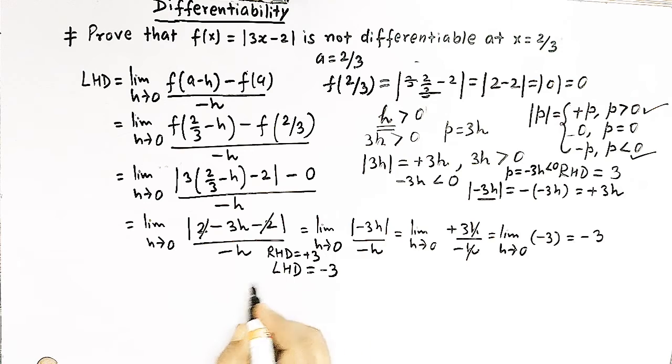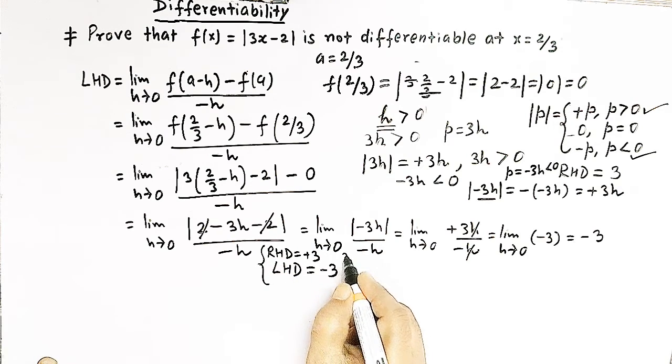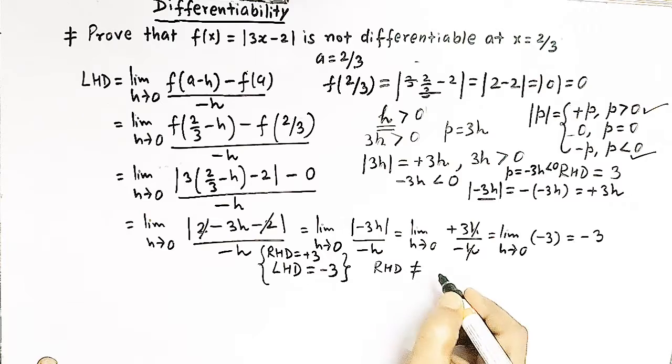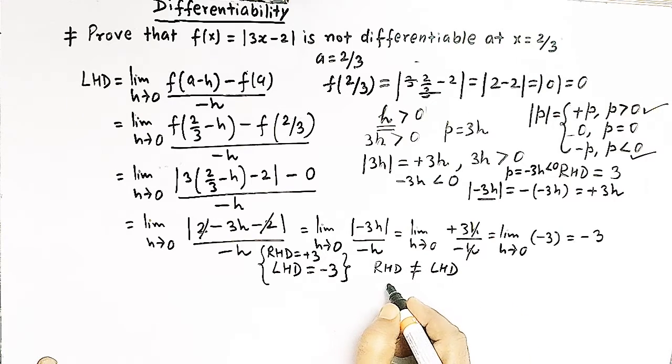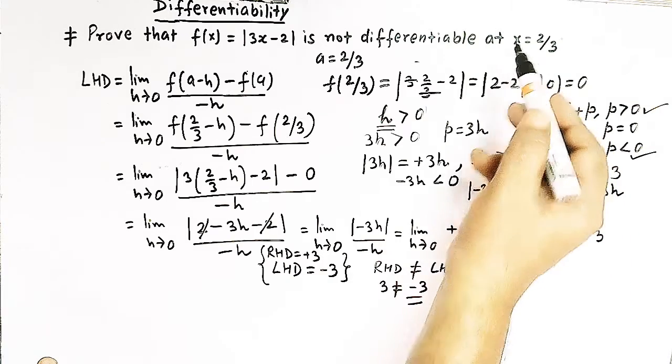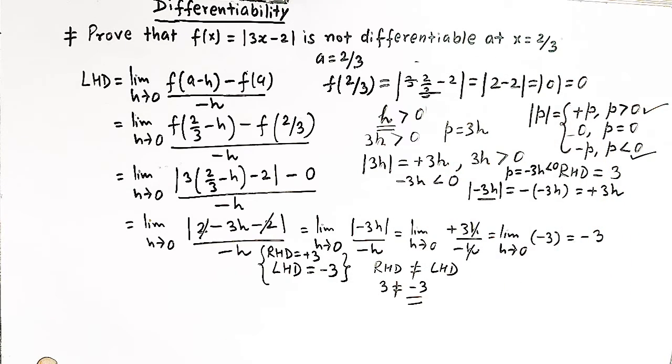And from this discussion we conclude that although the right hand derivative and the left hand derivative both exist and they are finite, but they are not equal to each other. That is, right hand derivative is not equal to left hand derivative, as 3 is not equal to minus 3, right? So this function is not differentiable at this point x is equal to 2 over 3, because for the